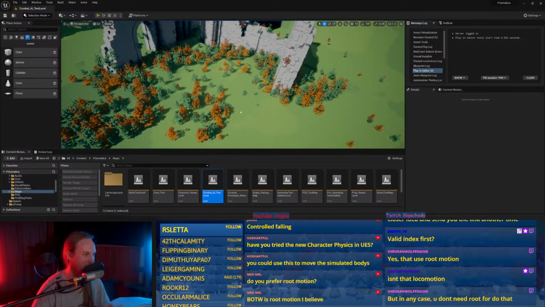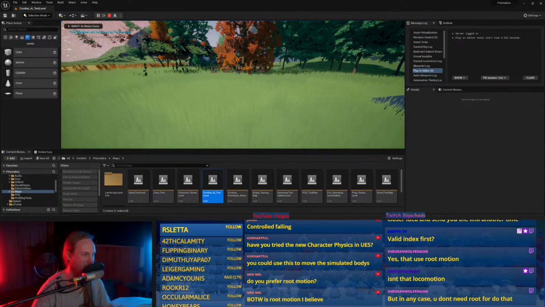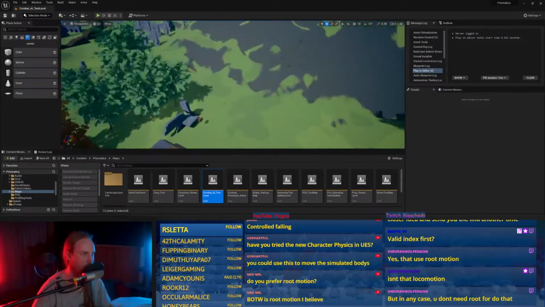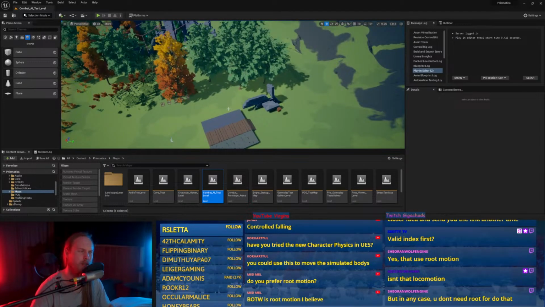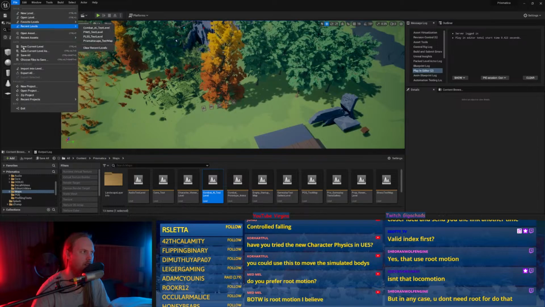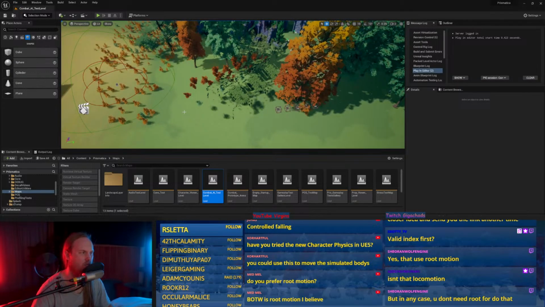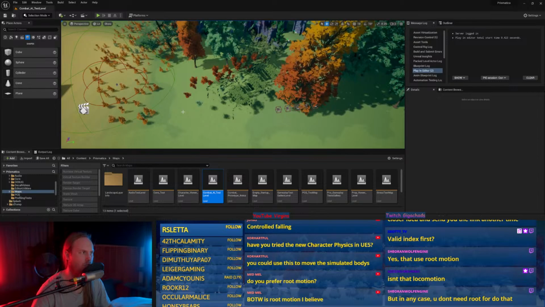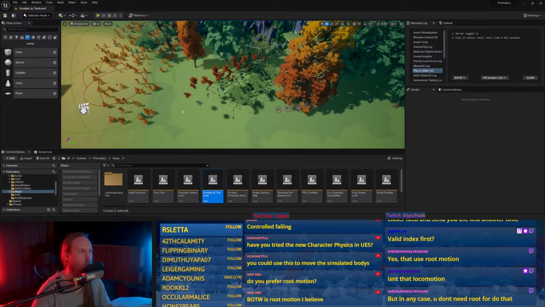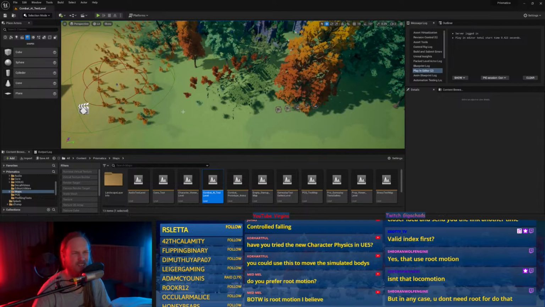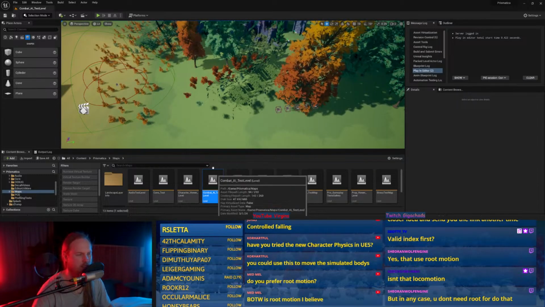Does this have a character? Oh, God, give me a character. Breath of the Wild's root motion? I don't know about that. Yeah, it could be. No, I don't know. I feel like it's kinematic.